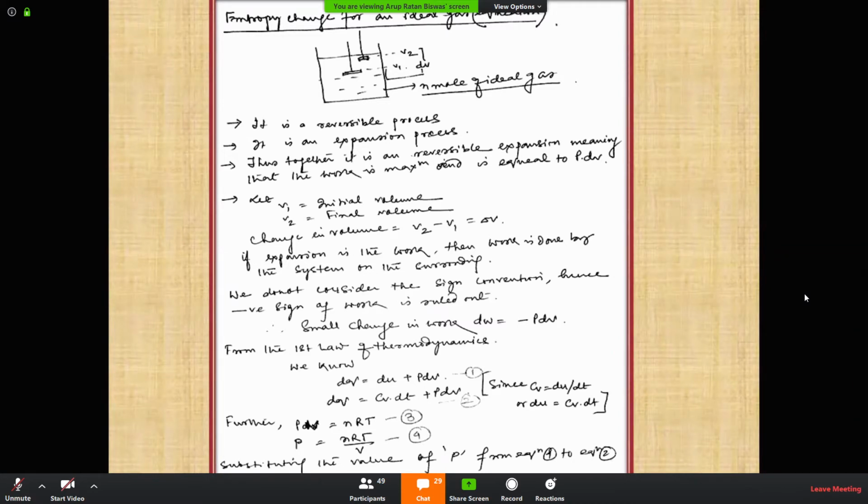Okay. So see, in online mode of teaching, it is not possible for a faculty to go line by line. Now, this is a derivation that may be asked: entropy change for an ideal gas. Now, you know what is entropy? Entropy is nothing but the rate of change of heat with respect to temperature. So, if you write S equals Q by T, a simple thing, where S is the entropy.